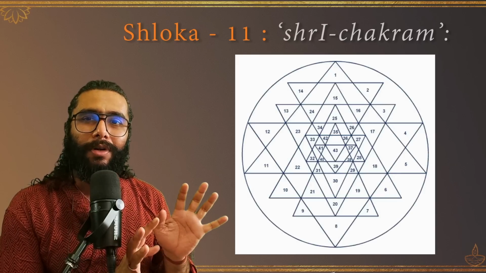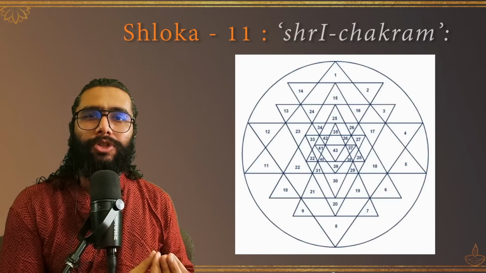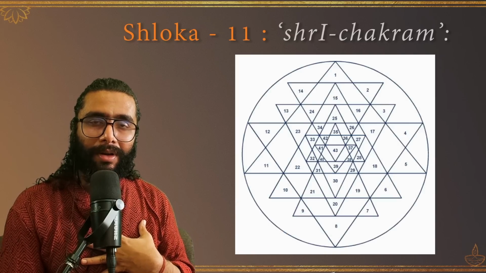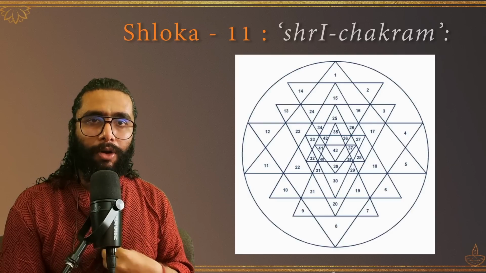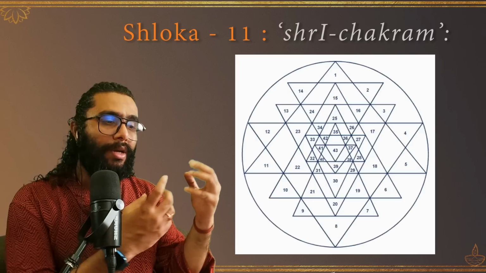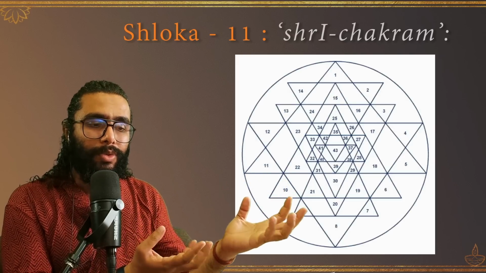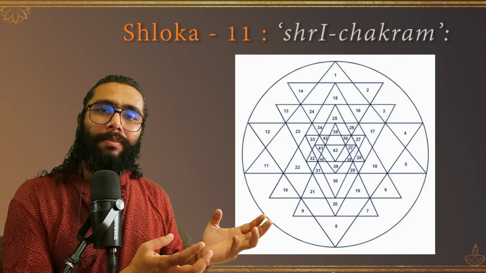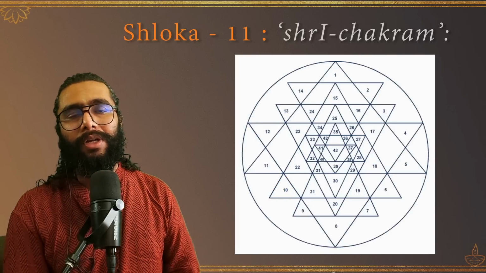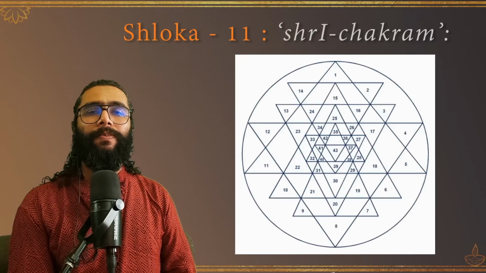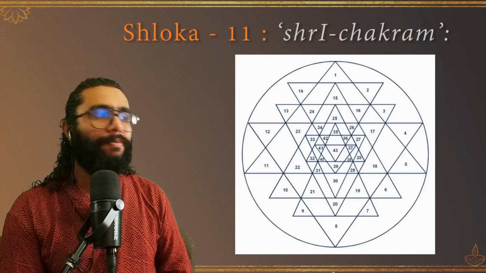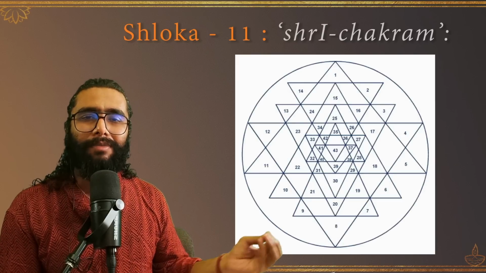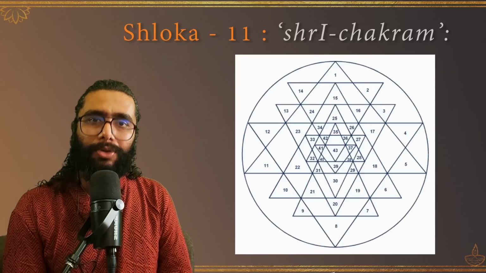So there are these 44 places of approach where one can seek refuge. All of these correspond to human faculty within. Each of them corresponds to something which we can unlock within ourselves, or something we can approach outside as a cosmic force, who is in turn personified as the mother goddess Shakti herself in her humanoid form. This is the entire, I don't want to call it secret, we have not yet scratched the surface, but in some ways this is the secret of the Shri Yantra and the 11th Shloka of Soundarya Lahari.